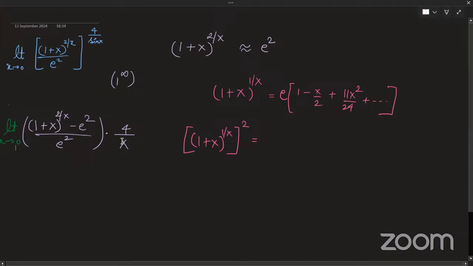So all the terms that are higher than x raised to 1 are actually useless to me, because x is tending to 0. Do you all agree? If I get x square, x cube, x raised to 4, x raised to 5, all of these terms are actually useless because when I divide them by x,